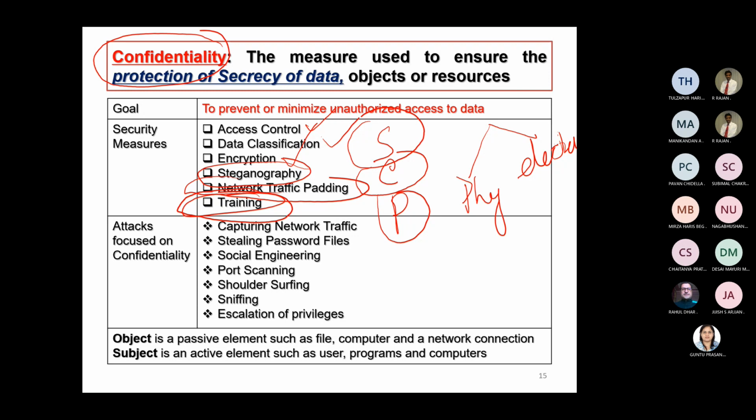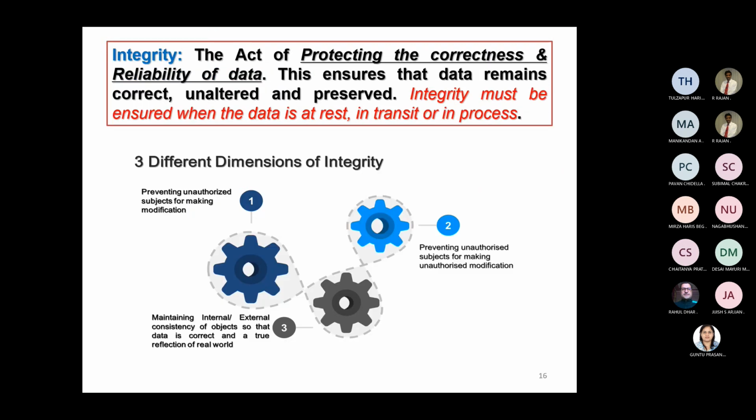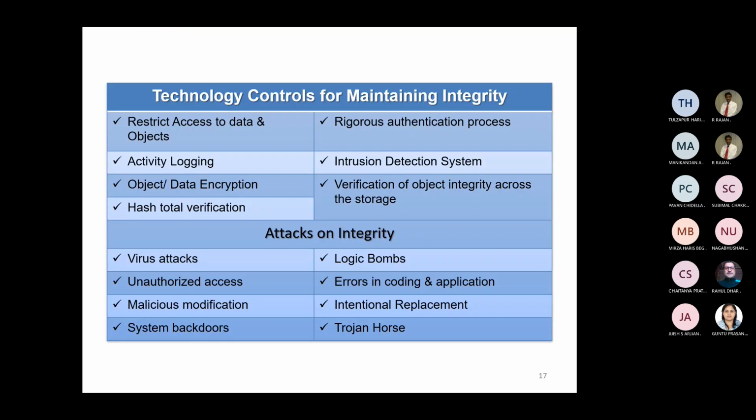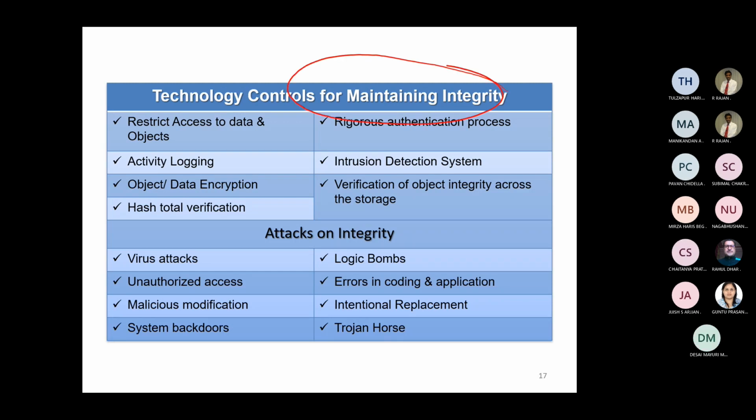Fine. So that is from a confidentiality perspective. Let's look at it from an integrity perspective. Integrity is the ability to provide information for carrying out corrections and modifications only to an authorized stakeholder. There are multiple dimensions to it, but at this point in time you don't need to look at the three different dimensions in so much detail. What you need to understand now is what technology controls are available for ensuring integrity. We can have restricted access to data objects. So you need to have role-based access control.